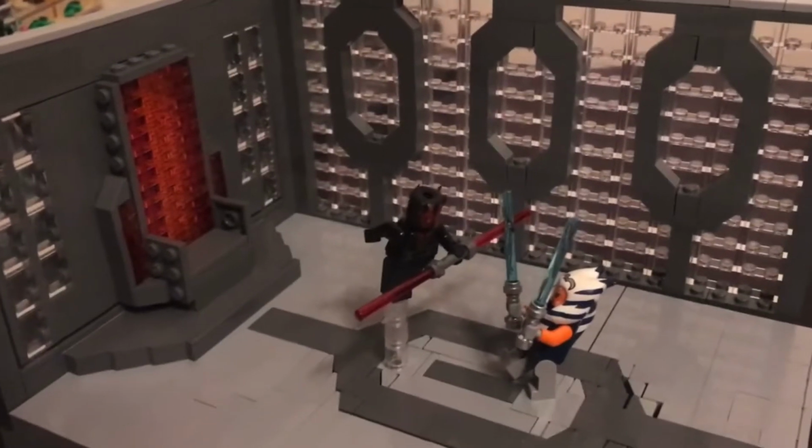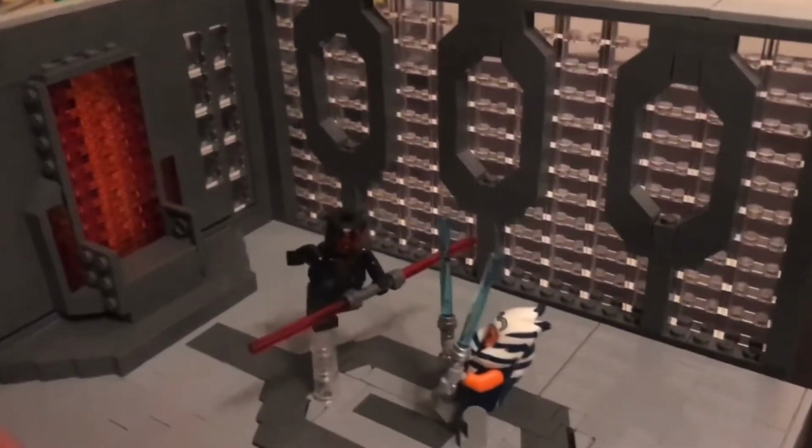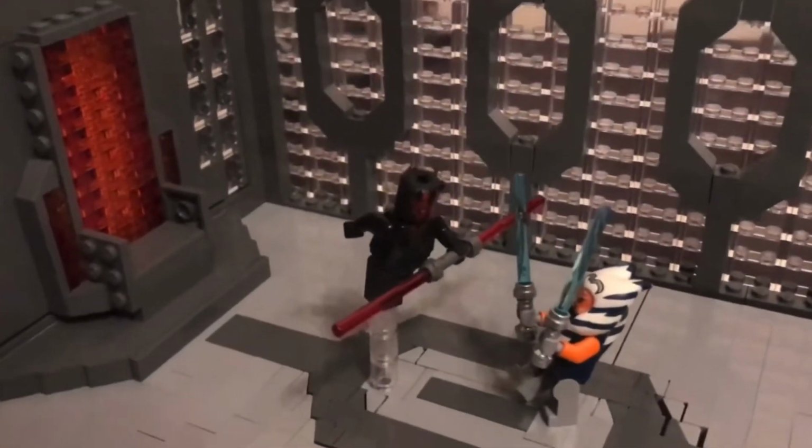I really like how the snot floor turned out, even though it didn't look perfect. The window designs were cool, and I'm really happy with how the throne turned out, as well as Maul's stance as well. I think that looks really cool. Coming in at number 8, we've got a MOC which probably most of you won't even know existed, that being